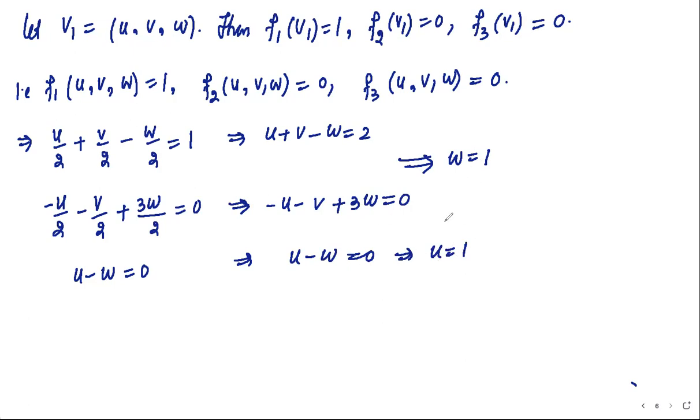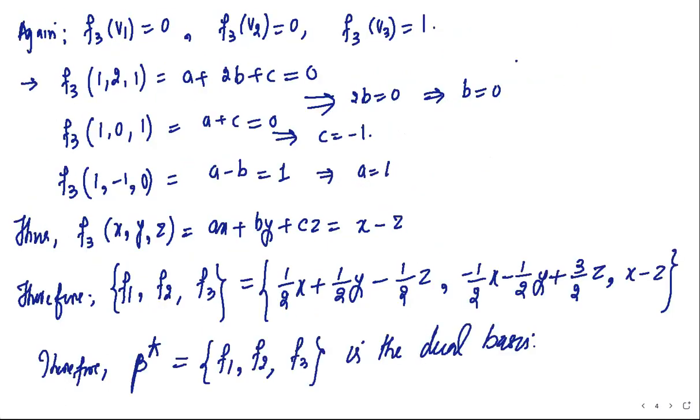Now once we have u equal to 1 and w equal to 1, and from this equation, we will get v equal to 2. So from these two equations, first we will get w equal to 1. Now here, this equation gives us u equal to w, so u is also equal to 1. But then when we substitute u equal to 1 and w equal to 1, the 1 and 1 get cancelled, and we will get v equal to 2. So therefore, v1 has u equal to 1, v equal to 2, and w equal to 1. So in fact, if we look at our given ordered basis,